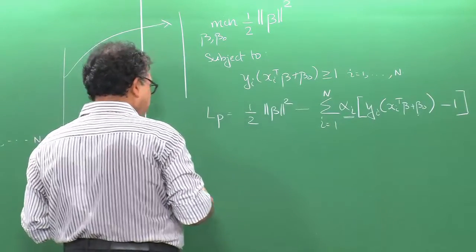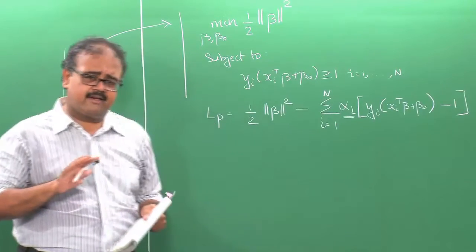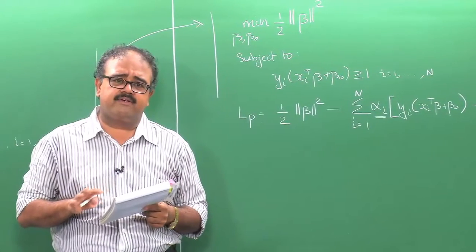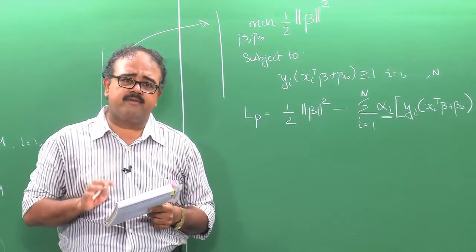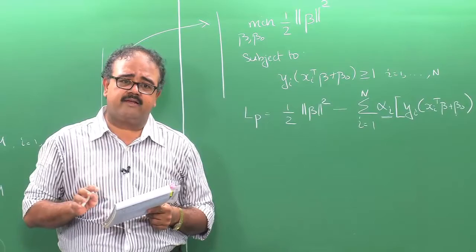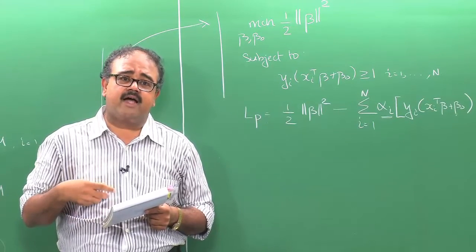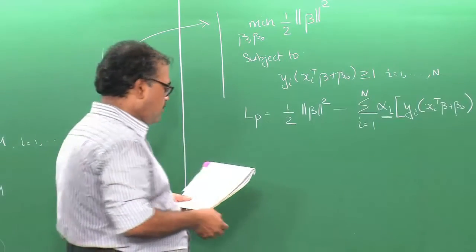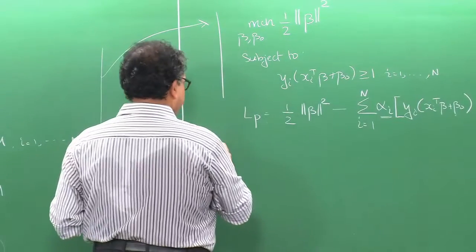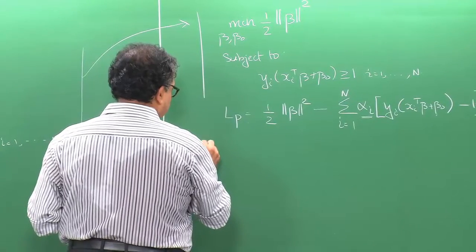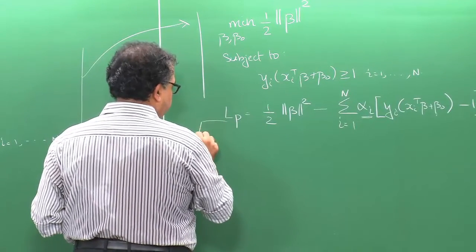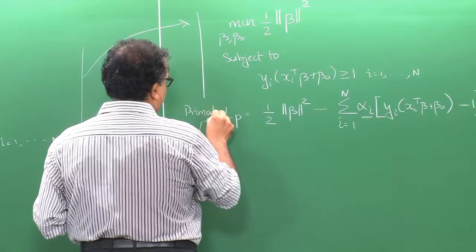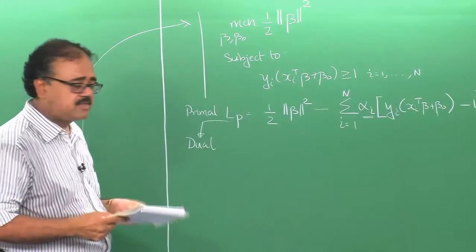So, I am going to do something fairly technical right now. If you do not understand all of it in the first go, that is fine. You might have to do a little bit more reading on the side, but this is essentially to give you an idea of how people go about solving these kinds of problems, right. So, we are going to try and create what is called the dual of the primal objective function, right.